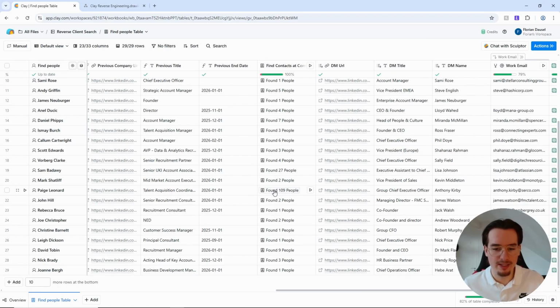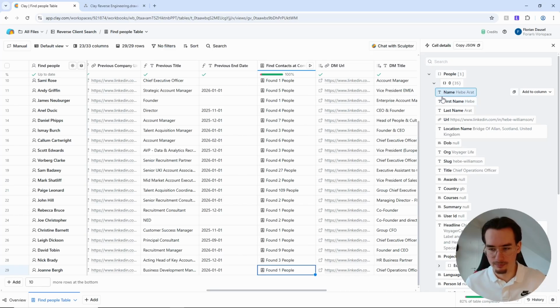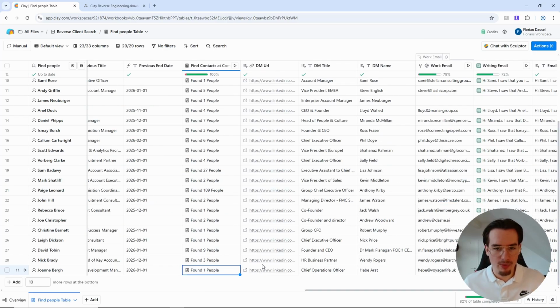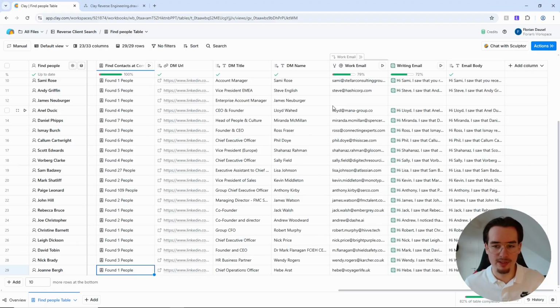Of course, we don't want to find 109 decision makers. 1 is totally enough. So because of that, I have set a limit in this search so that even though we get like 35 people right here, there's only 1 person in our row, right? So now we have the URL of the decision maker, like the LinkedIn URL. We have his title. So for example, the COO or the vice president of sales or the founder. We of course have his name,